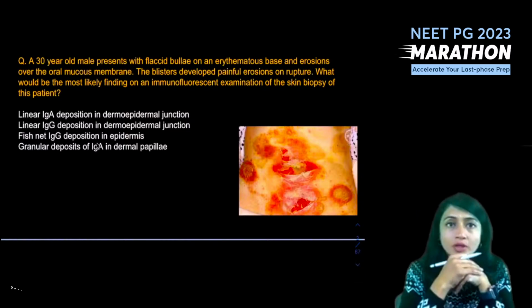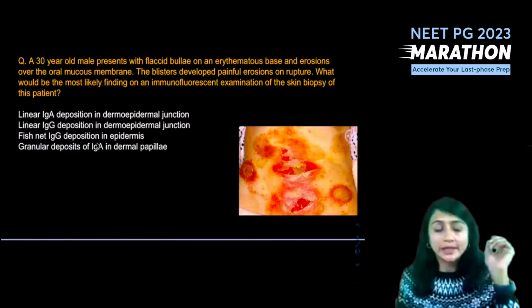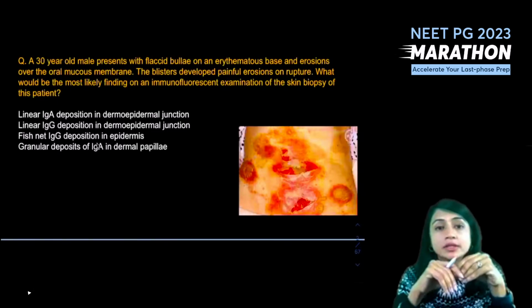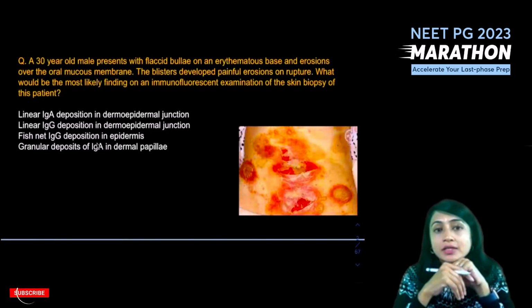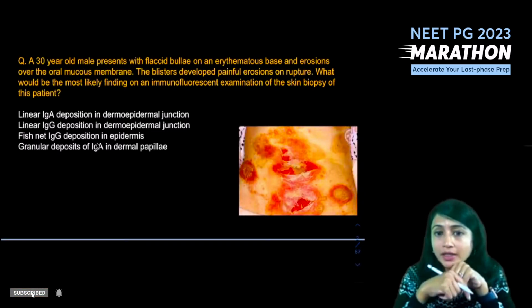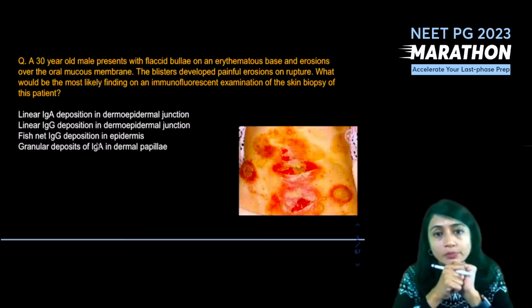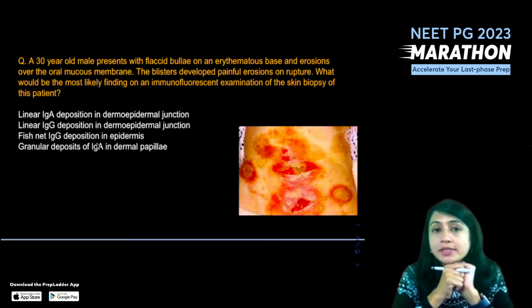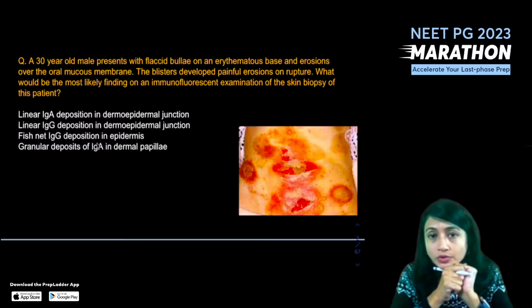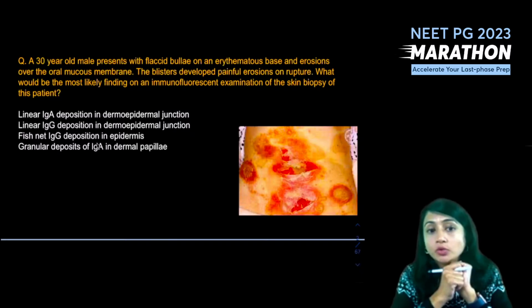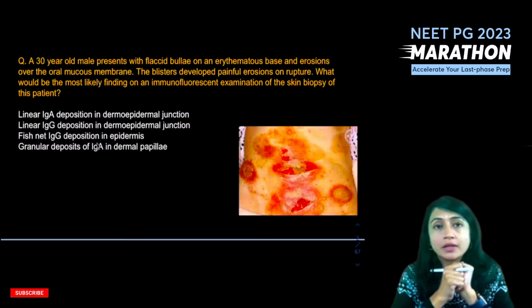So coming to the first question from a topic which most likely comes in the exam. It's a 30-year-old male who presented with flaccid bullae on an erythematous base and had erosions over the oral mucous membrane. The blisters developed painful erosions on rupture. And now the question is not about the diagnosis. The question is, what would be the most likely finding that you would see on immunofluorescent examination of skin biopsy